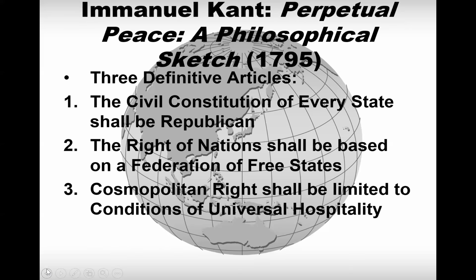So French people can live and work in Germany and have the same rights which they would have in France. Germans can live and work in Italy and have the same rights as they would have in Germany. Italians can live and work in Spain and have the same rights as they would have in Italy. So Kant's ideas have been influential regionally, but